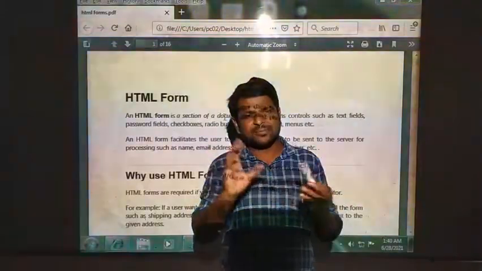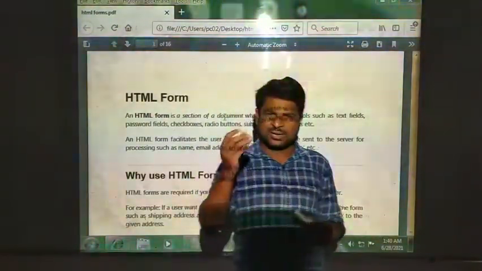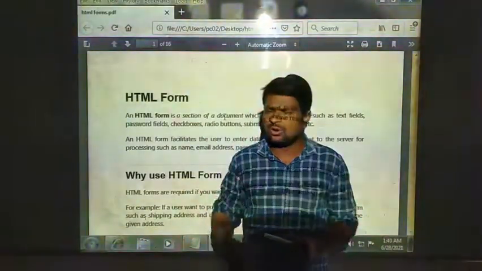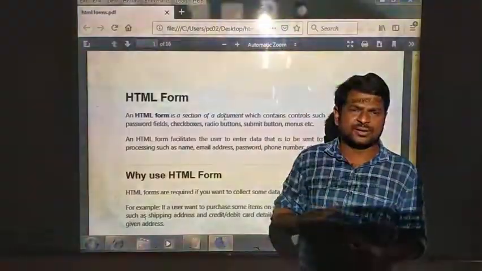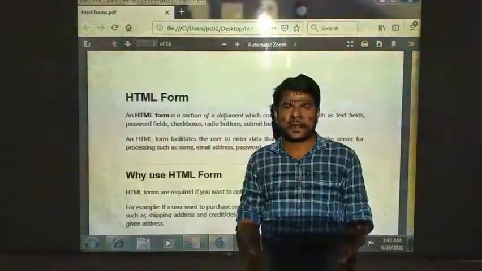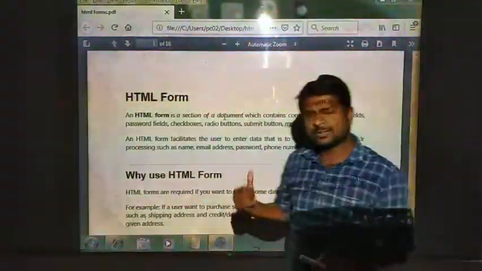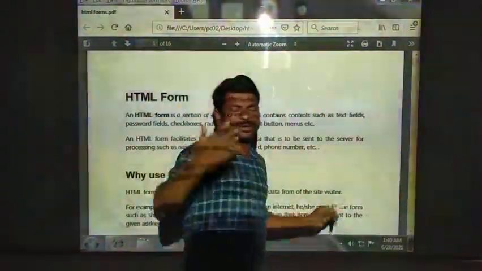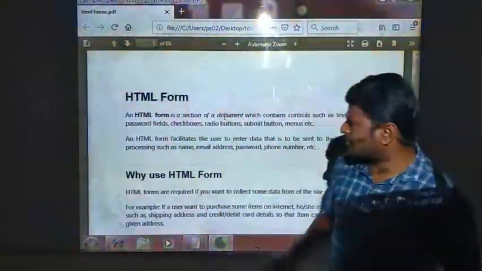All the different types of fields you will see to enter the data. So that is the purpose of creating it. To create that particular form, we need to learn about the form concept in HTML. Further, when you are seeing some programs, you will understand much better.